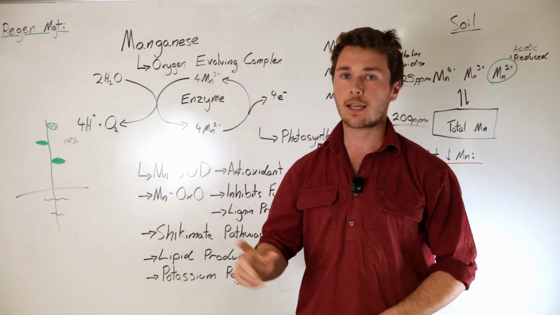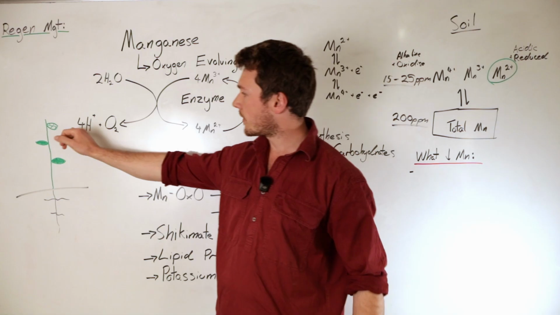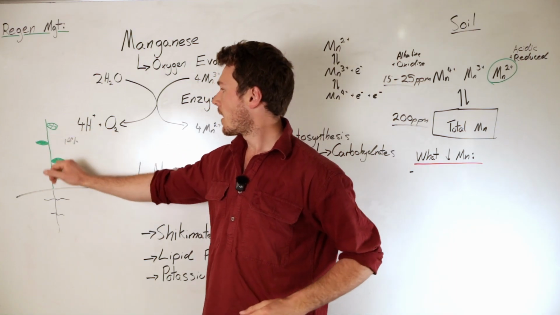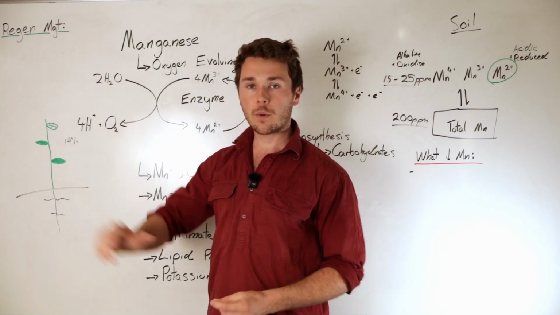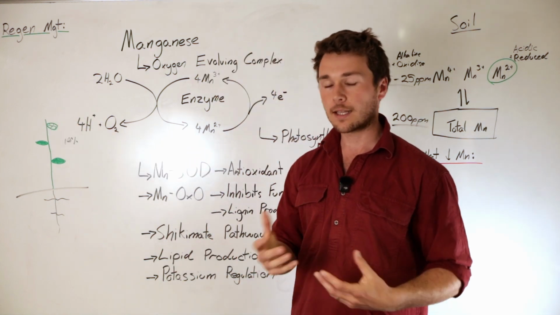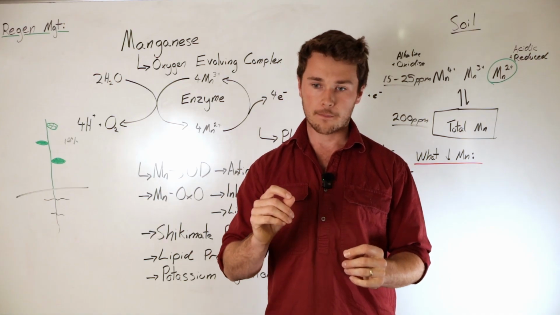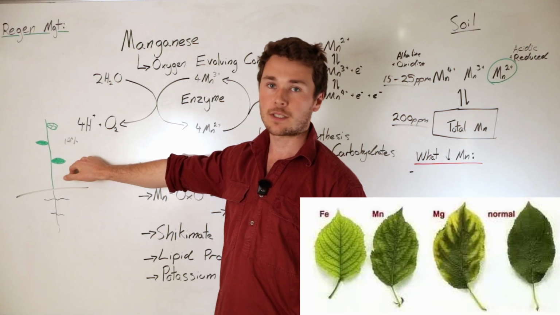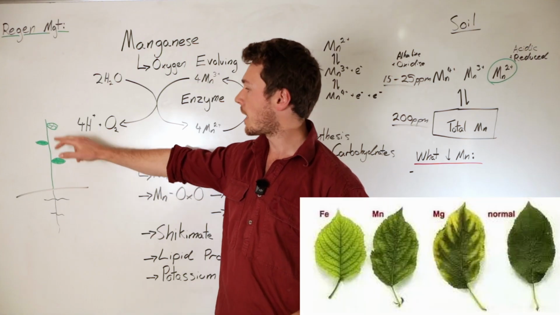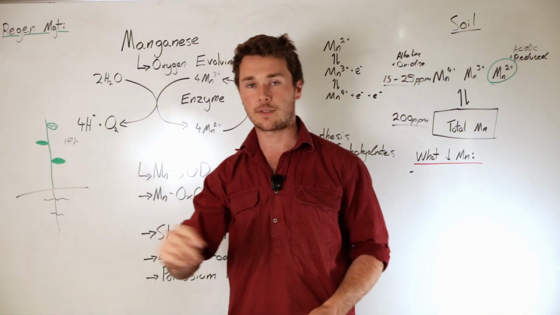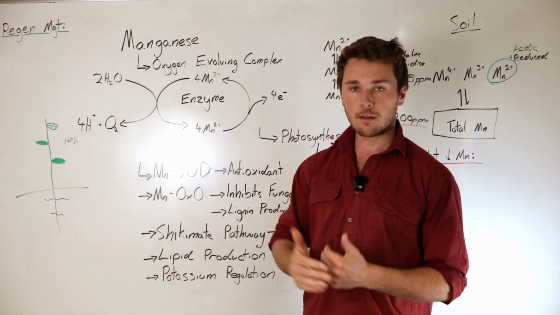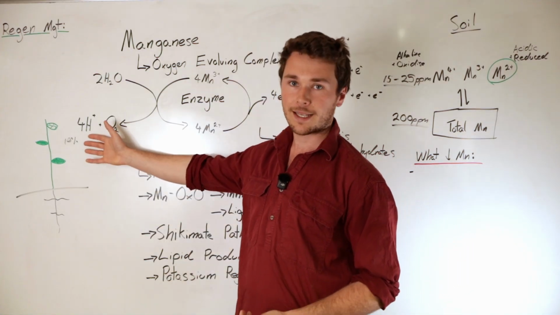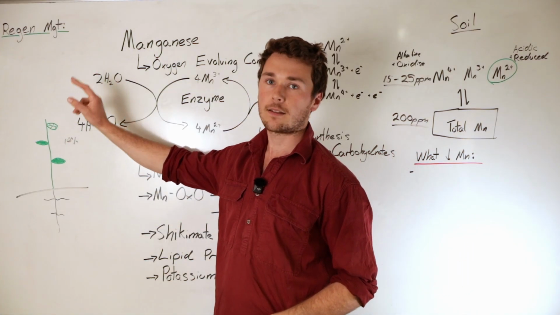Now, when it comes to actually looking at manganese deficiency in the field, what we're looking for is that youngest leaf. Now remember, it's immobile, which means it's going to get stuck in the older leaves. So we're looking at the youngest leaf, and what we're looking for is a yellowing of the plant parts further away from the veins. Similar to a magnesium deficiency, except that comes up in the oldest leaf first. A manganese deficiency comes up in the youngest because it's immobile, which means at any point in time, if the tap shuts off from our soil, feeding our plant with manganese, it'll cause a deficiency in the